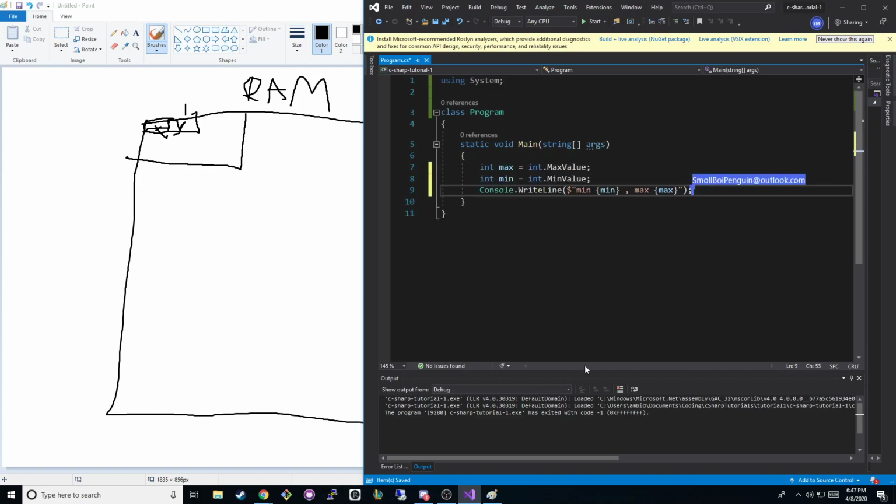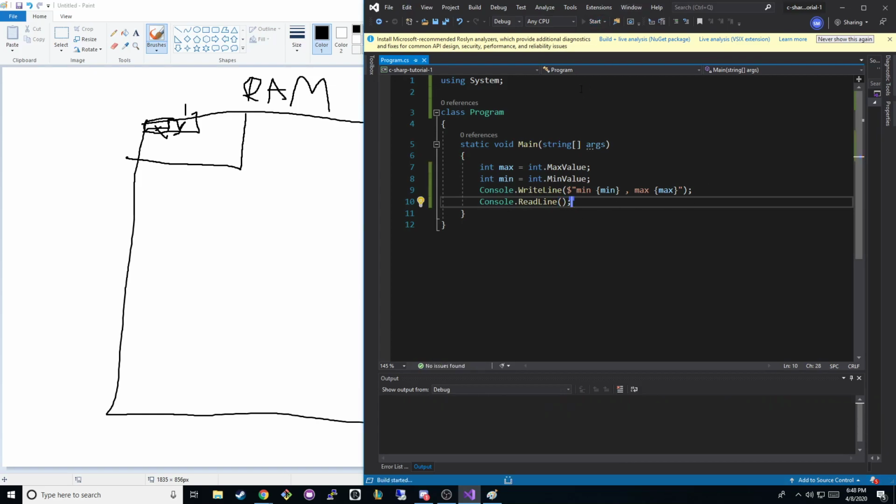Cool. With the code that I have printed here, it will literally print out the biggest number you can possibly put or the smallest number you can possibly put. Did I not put console write line? You have to put read so it doesn't just immediately end. That's right. So if I hit play,